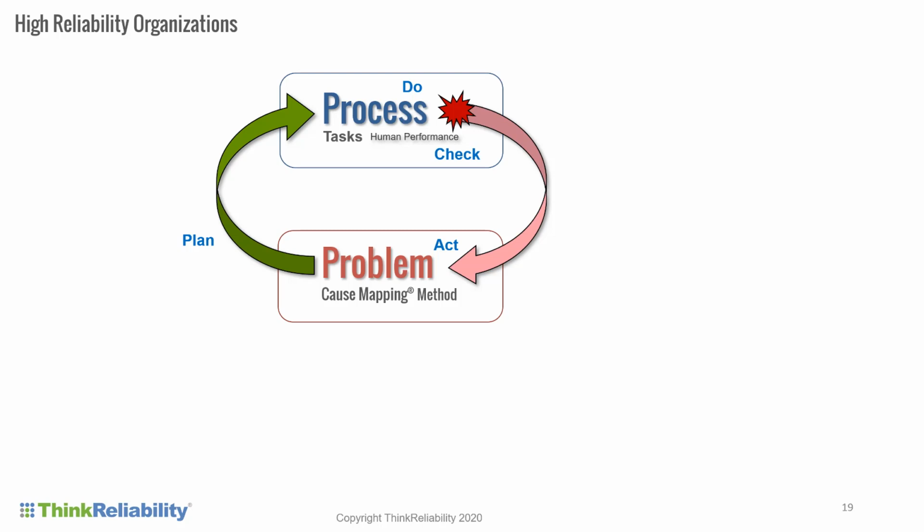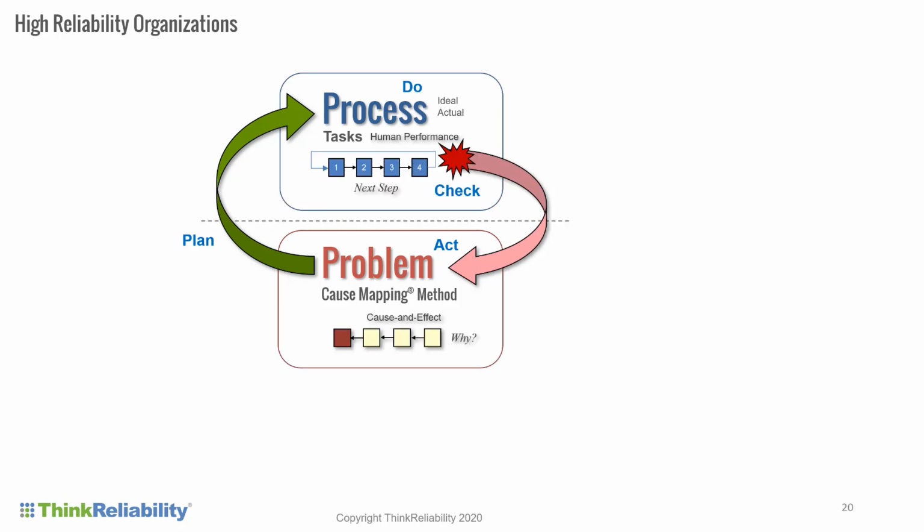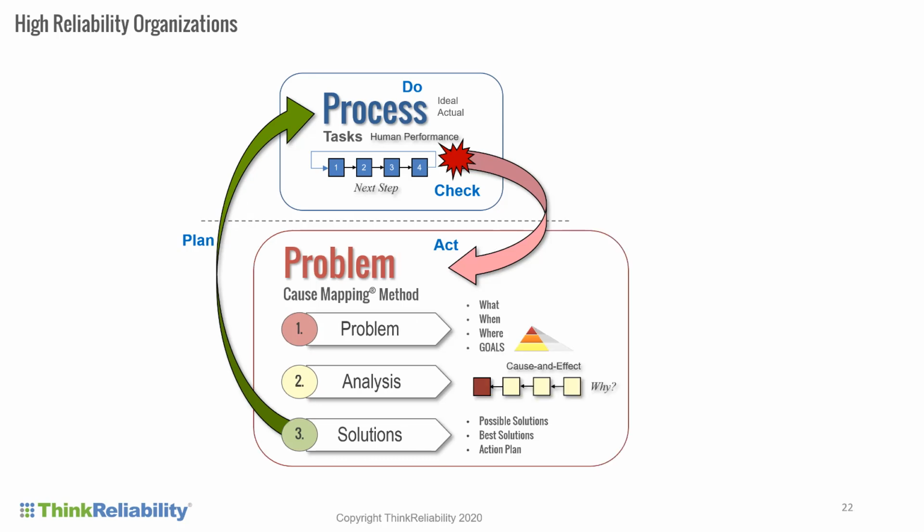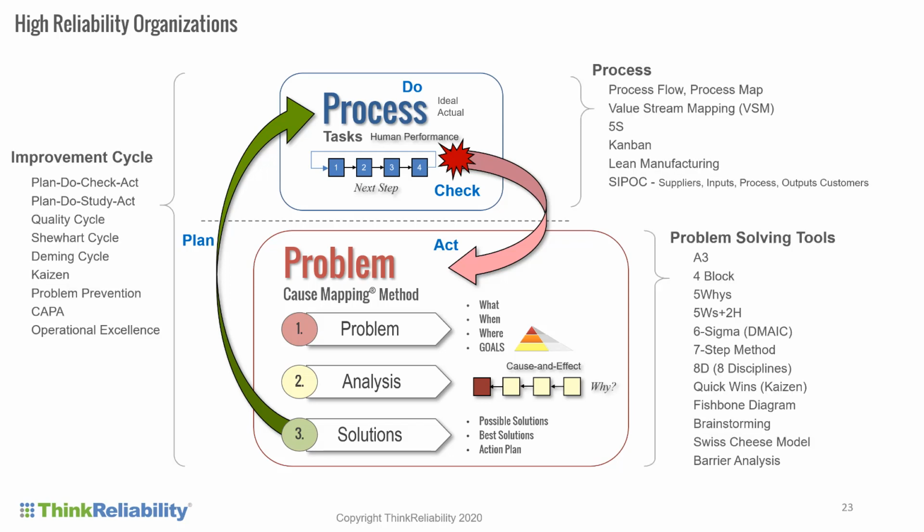We found it much easier if people understand that we have work processes, and when they don't go well, it's a problem. It's as though the problem is just a signal or an indicator that your work processes broke down. If your work processes are going well, then you continue to do it without incident repeatedly. When there is an issue, you have to figure out why. Those 3 steps of problem solving fit here: problem, analysis, solution. You have to define the problem and know the consequences, the impact of goals. You're going to start with simple cause and effect, and then you have the option to identify solution options, just like the mechanic, and pick those best solutions.